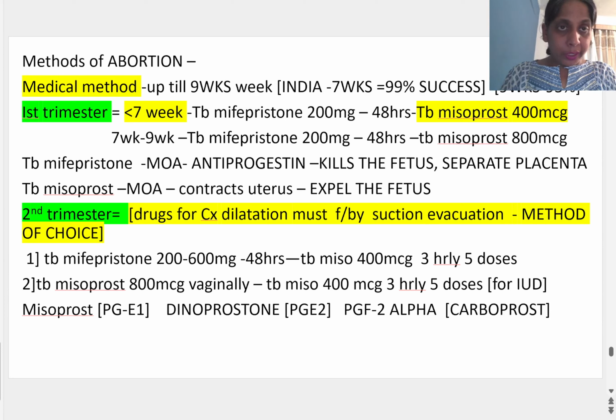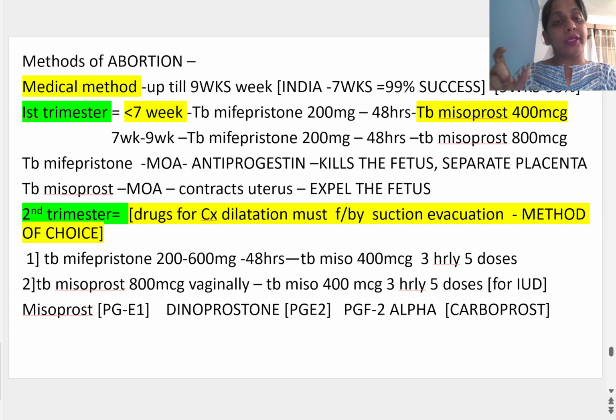अगर आईयूडी हो गई है तो कोई फ़ायदा नहीं है मिफिप्रिस्टोन देने का, क्योंकि फीटस तो पहले ही मर चुका है, आईयूडी हो गई है। अगर मिस्ड अबॉर्शन है उस केस में हम मिफिप्रिस्टोन नहीं देते, क्योंकि मिफिप्रिस्टोन किल्स द फीटस, here the fetus has already been killed,